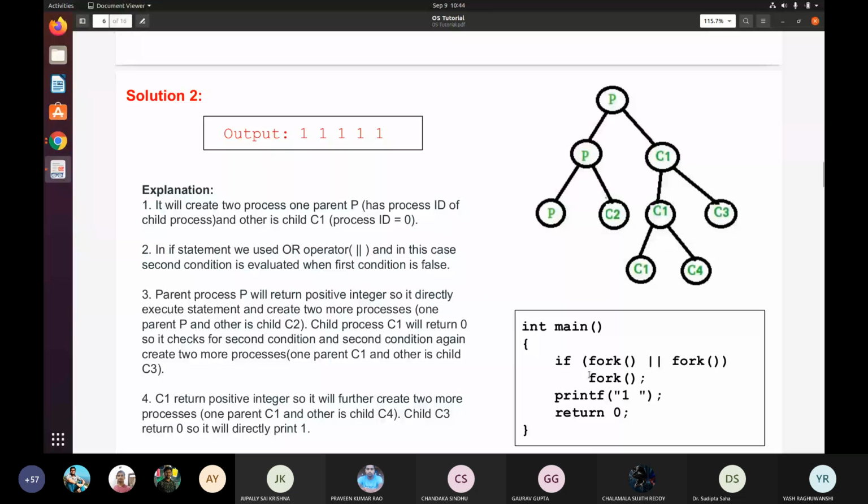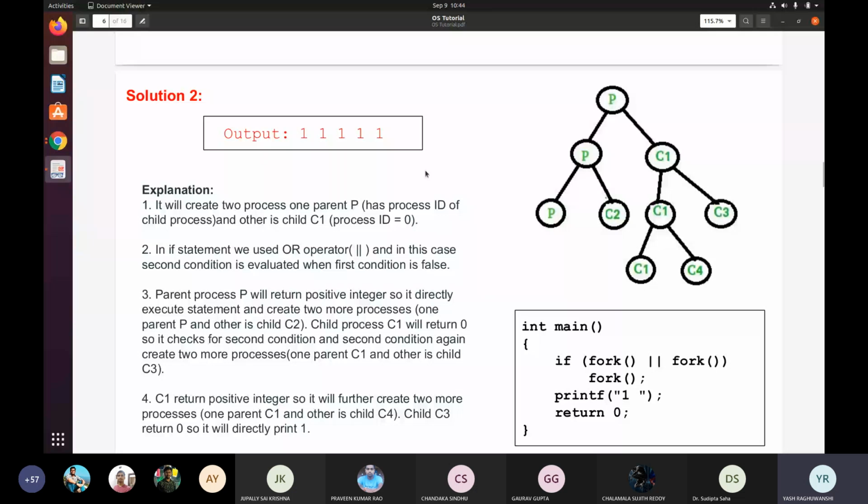But in case it was greater than 0, then we have this greater than 0 and 0, and the OR of both will be greater than 0. So it is true. So it will come here and again generate two processes. So the total number of times 1 is generated will be 5. As Gaurav said previously, you have to count only leaves, like how many leaves you are getting. So the total leaves you are getting is 5, so there will be 5 times 1 generated.